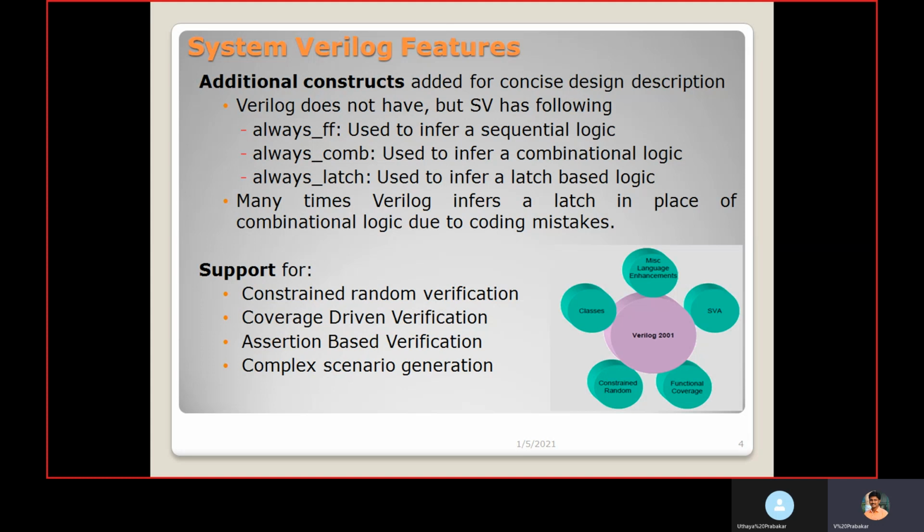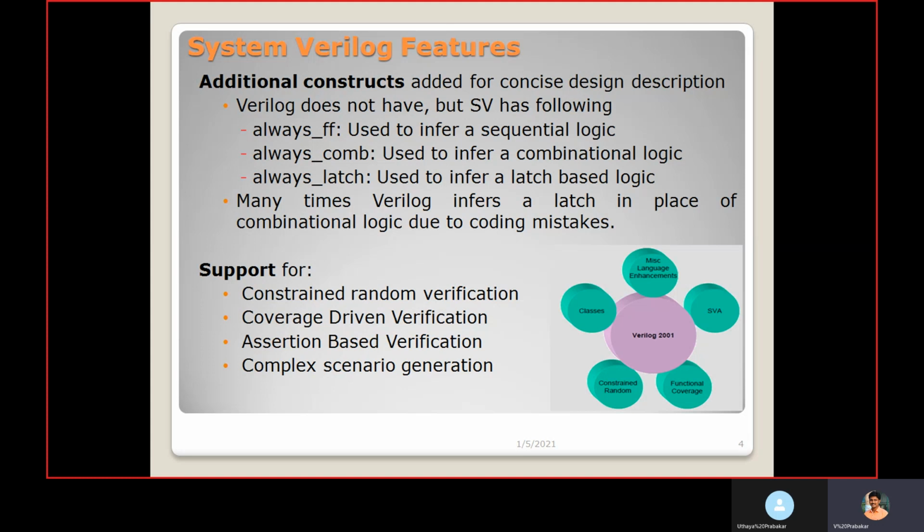So we can check whether all the statements in the design code are exercised or not with the help of code coverage. And with functional coverage, you can check whether the functionality of the design is verified or not. How much functionality of the design is verified is obtained by functional coverage.